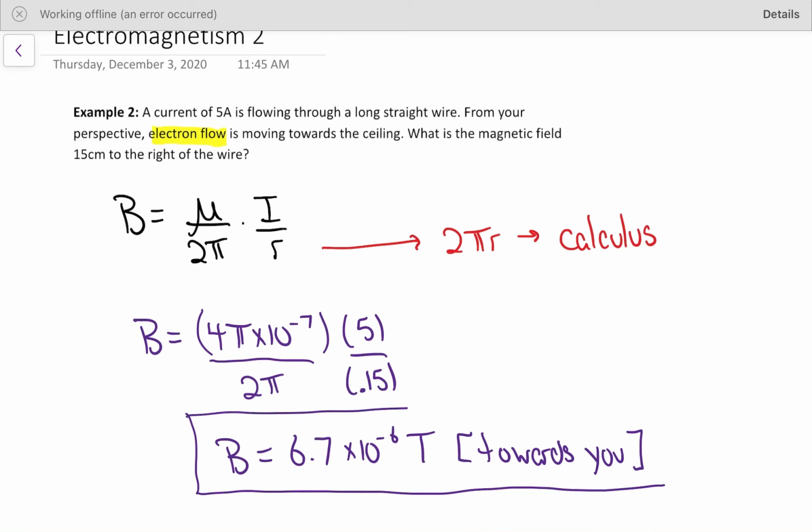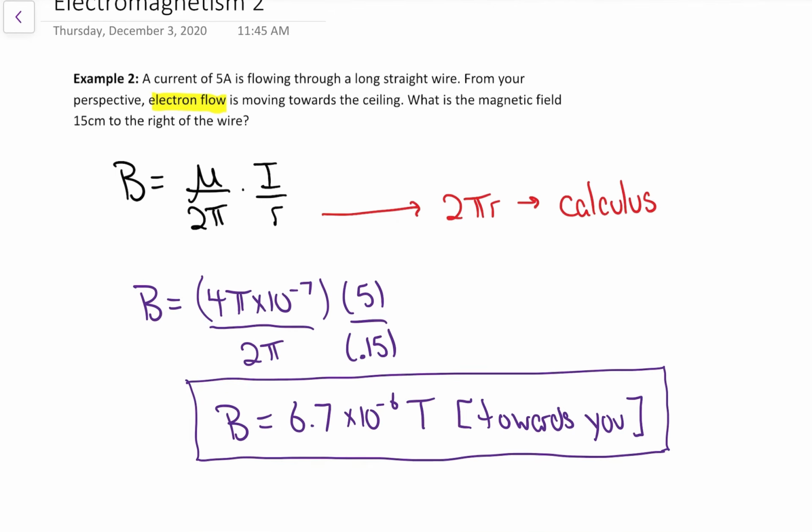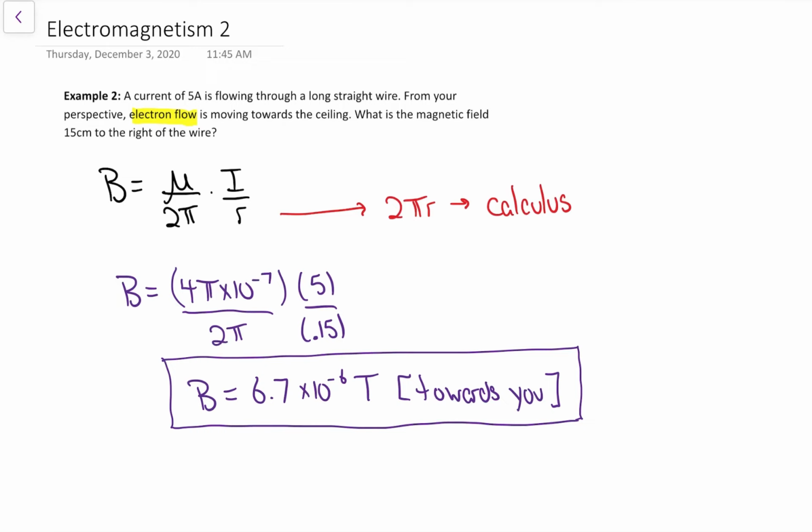So in this case, it's the add-on from what we did in grade 11. In grade 11, I wouldn't have given you the numbers, I would just have expected you to do the left-hand, right-hand rule. For grade 12, though, we're going to go one step further. Now that we've got this equation, we can actually get a